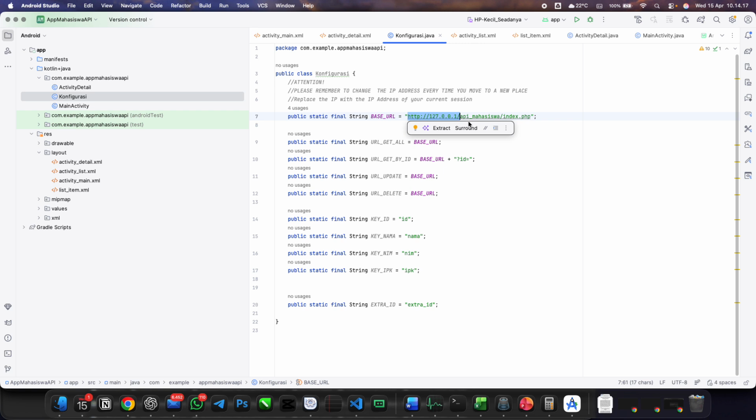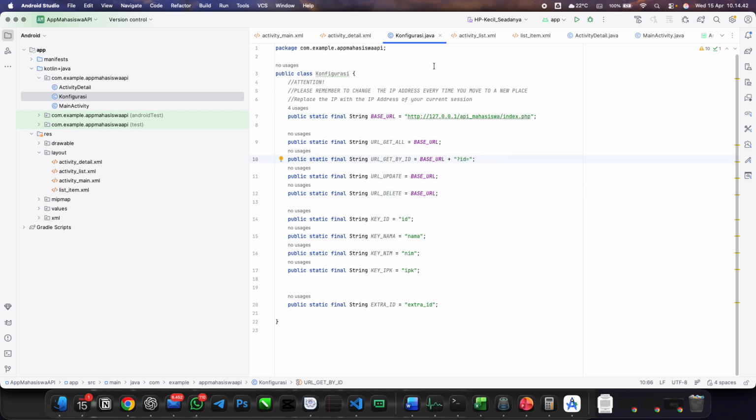Why am I using localhost here? Because I'm using a virtual device. Later in the class, hopefully this afternoon, I can show you the actual running application, and hopefully there will be no problem. So without any further ado, let's check the base URL, the ID.